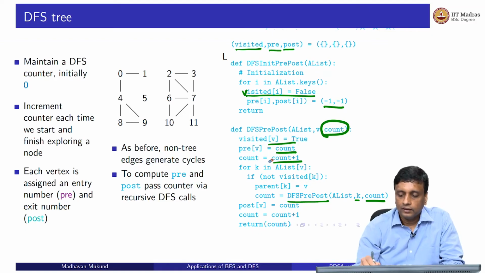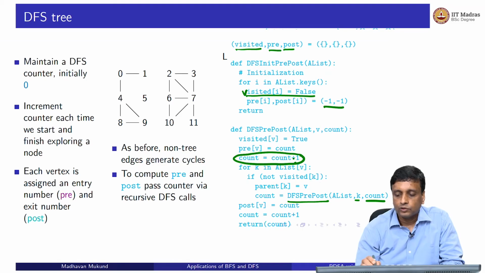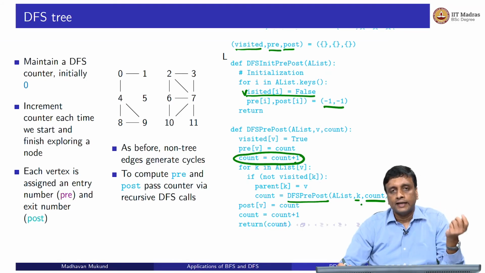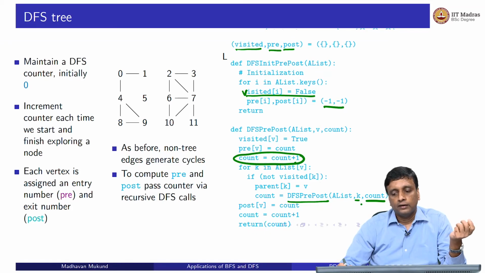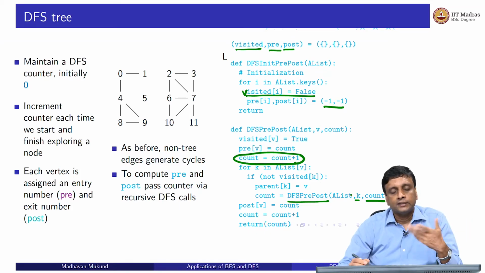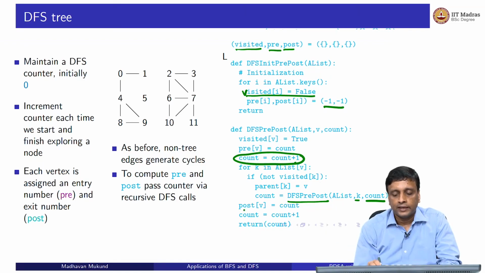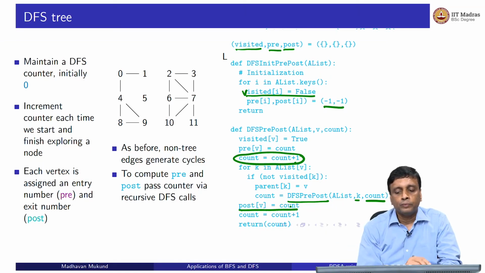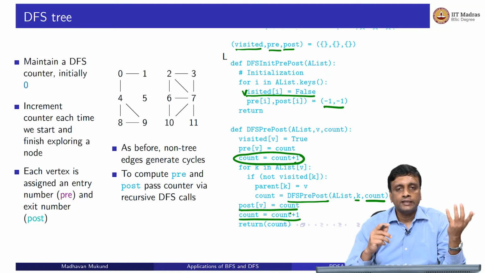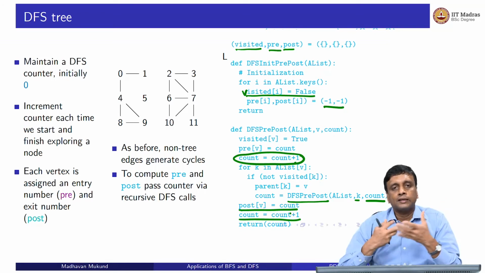Remember, I have just incremented the counter, right. So I am now going to start this. When I reach that counter, its pre-value will be the current count plus 1, right. And when I finish all these recursive calls and I am about to exit, I will set my post value to be the current value of the counter, and I will again increment the counter and leave, so that the next guy will get the, so every vertex which is explored can work with the current value of the counter